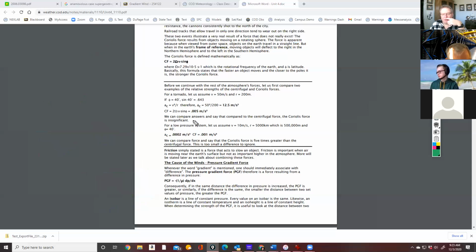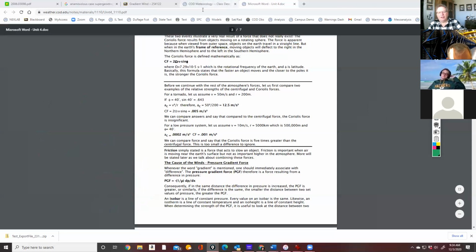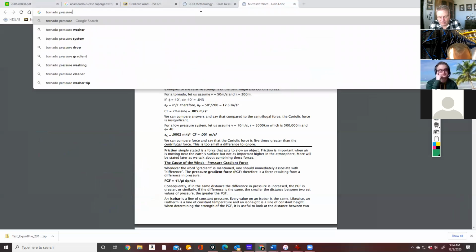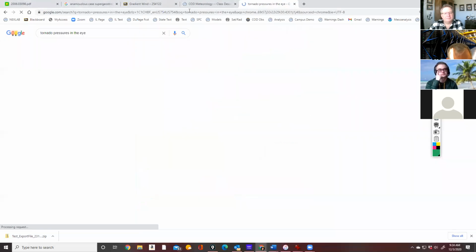And then in here, I did it with an area of low pressure, and the Coriolis force is actually larger than the centrifugal force, unless it turns really quickly. So if I talk about tornado pressures in the eye,